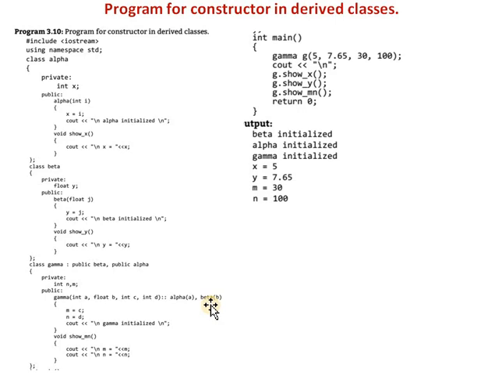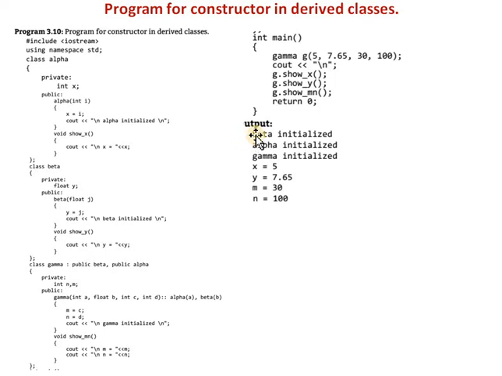So while executing the program, first it will display beta initialize. Why? Because we call the beta class. So here the first message is displayed. First it will call the constructor of the beta class, so it will display the message beta initialize. Then next, alpha initialize. Here next we inherit the class alpha. There are 2 base classes present, but in those base classes, first we are invoking the beta class. So it will display beta initialize first.